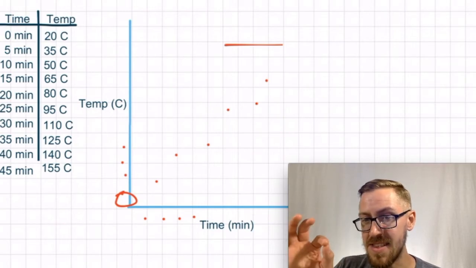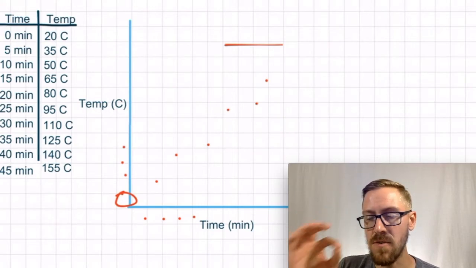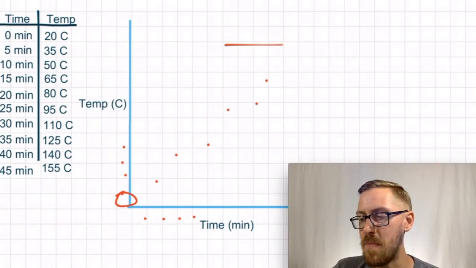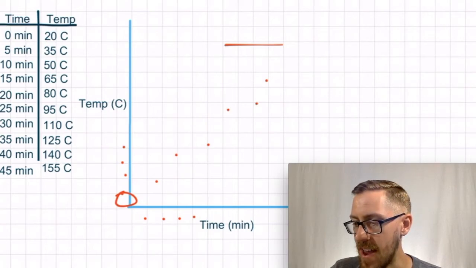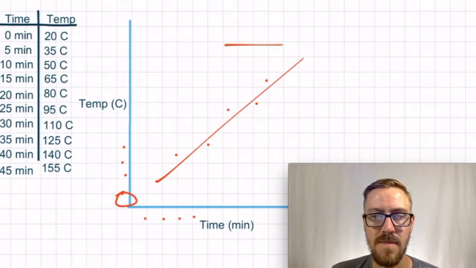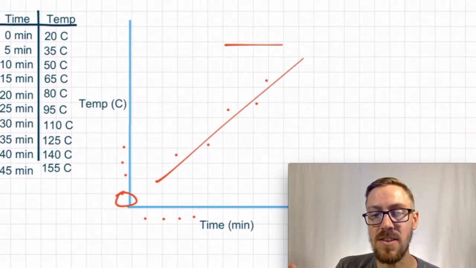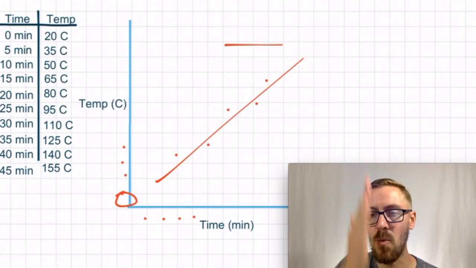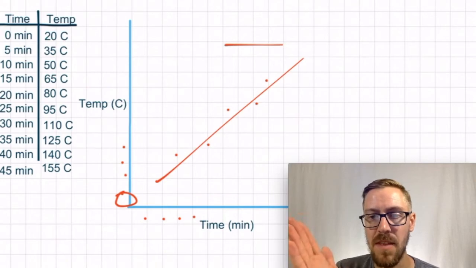The last step is to draw the magic relationship. I call it the line of best fit. Draw a line down the middle of all your data. That line is the relationship between your X and your Y axis, between your manipulated or independent variable and your